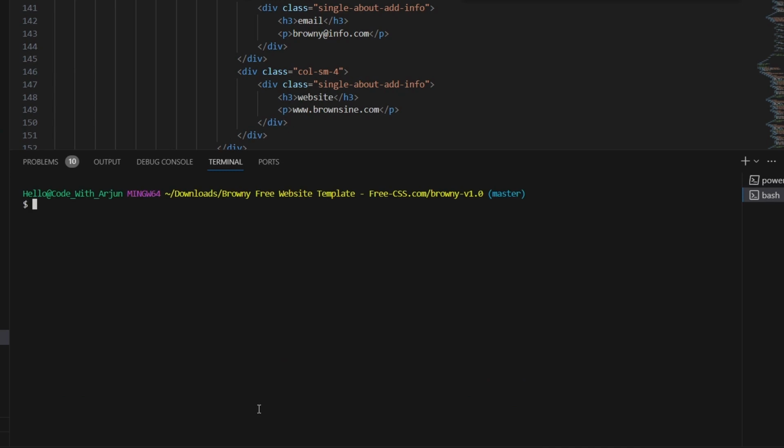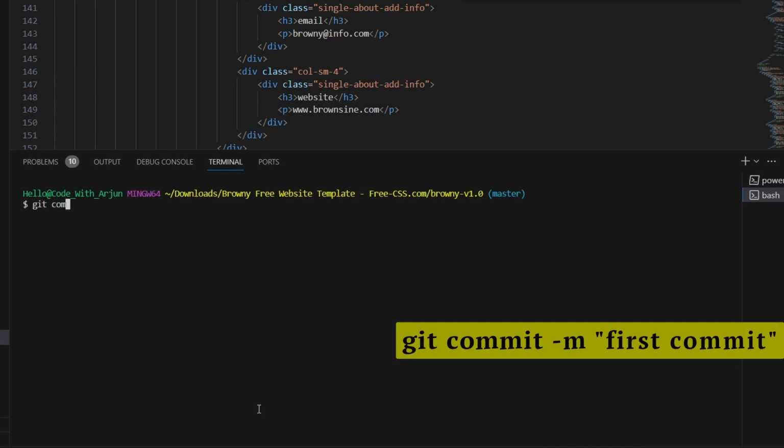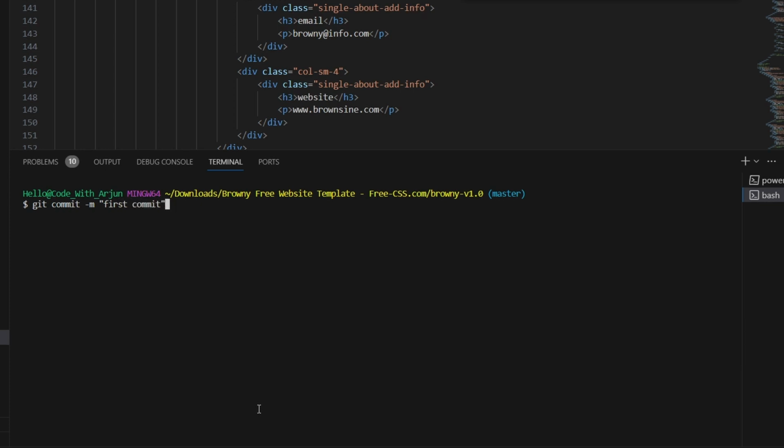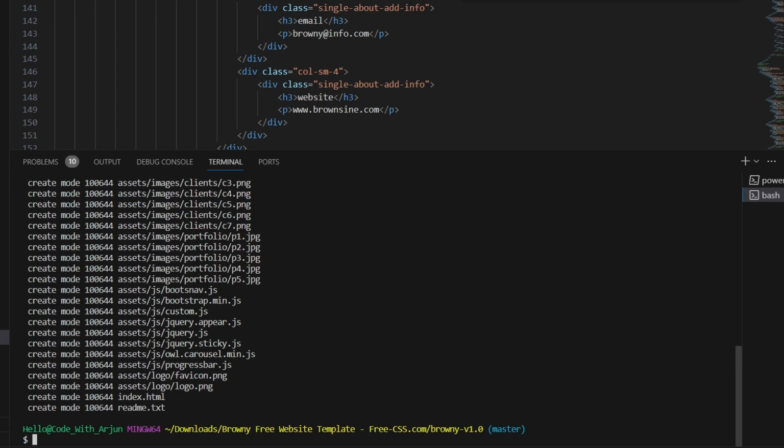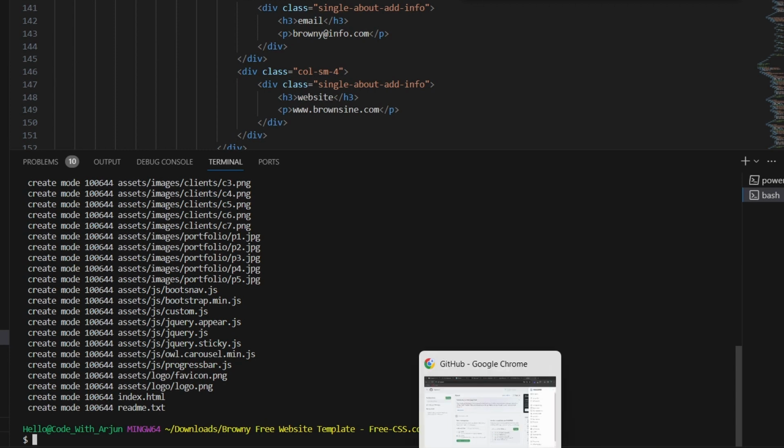So now you can commit. Just type git commit -m, and you can give the name something like first commit. From the second time, whatever change you make, you can give that as the message. Just click enter. This will commit the file,